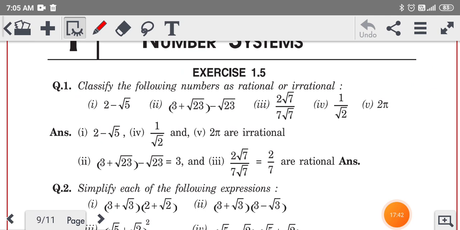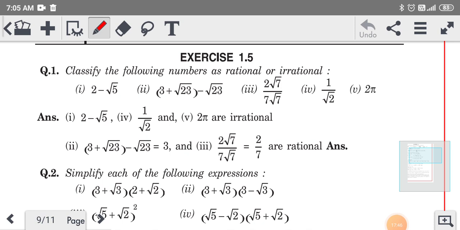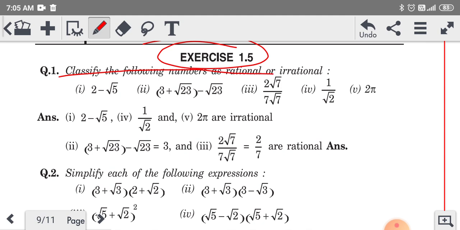So with exercise 1.5, so that is exercise 1.5. तो फर्स्ट कहते classify the following as rational or irrational. तो पहला क्या है 2 minus under root 5. So first is irrational. 2 minus under root 5 की क्या irrational नंबर है, और एक